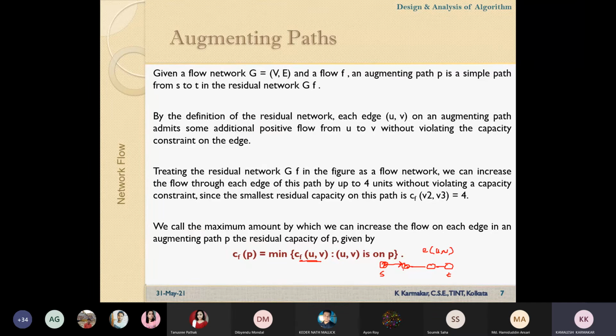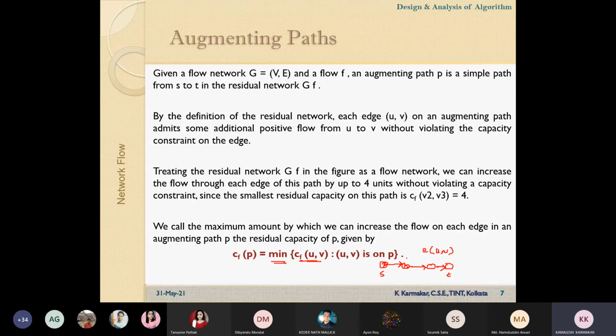So how many edges are there on this path? In this example, 3 edges are there. So for all the edges on P, the capacity value of each and every edge will be considered. Within this set, whichever is minimum becomes the flow of this path. So this is the mathematical representation to determine the flow of a path. A path here means an augmented path, which connects source and sink. So for an augmented path, this is the maximum flow.